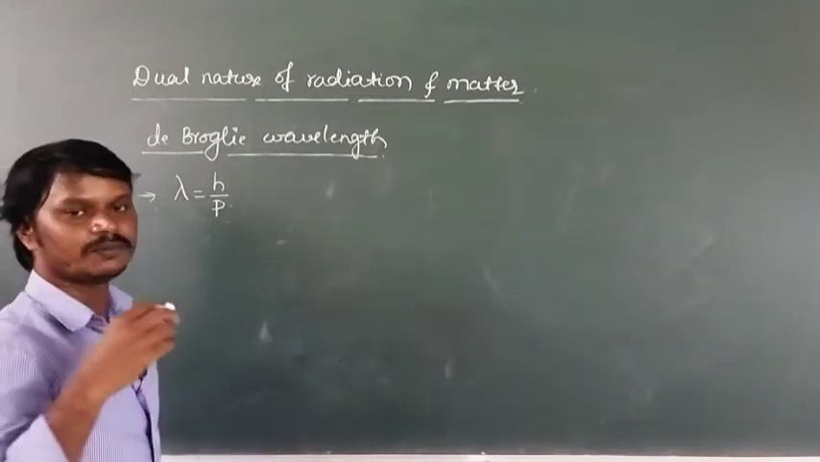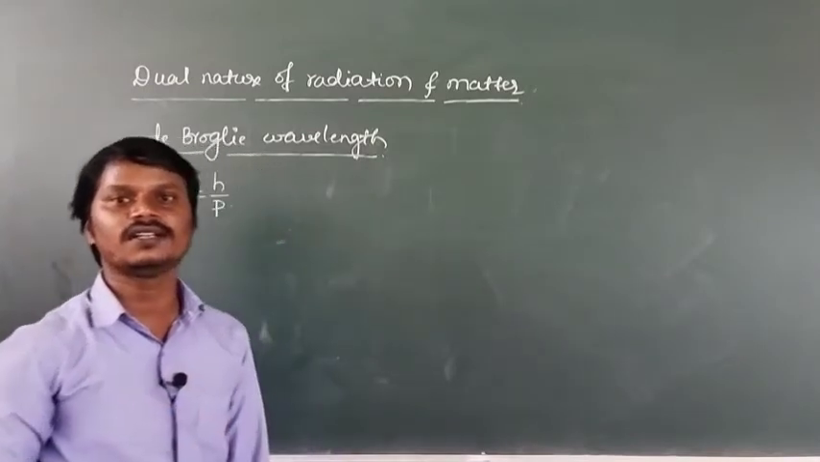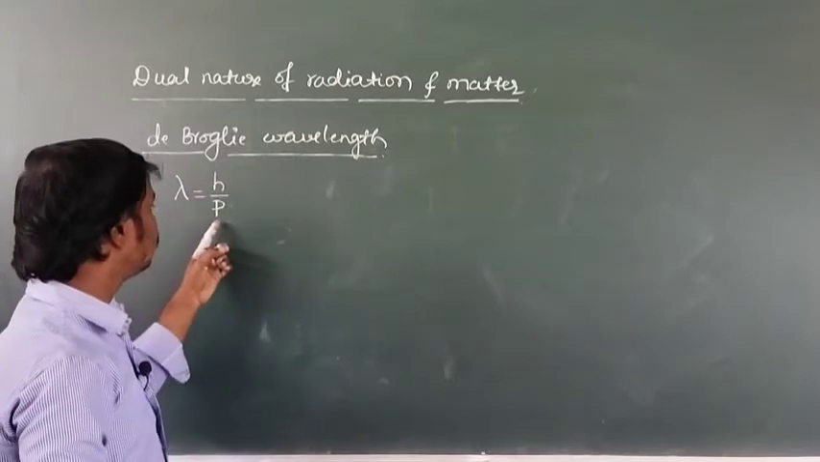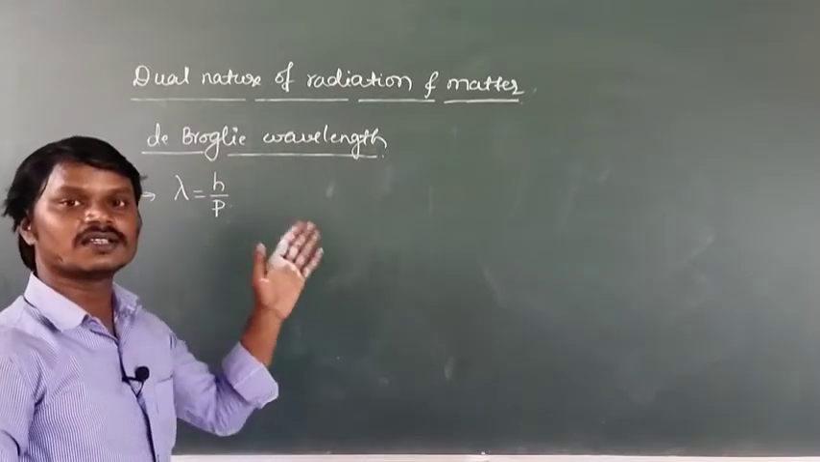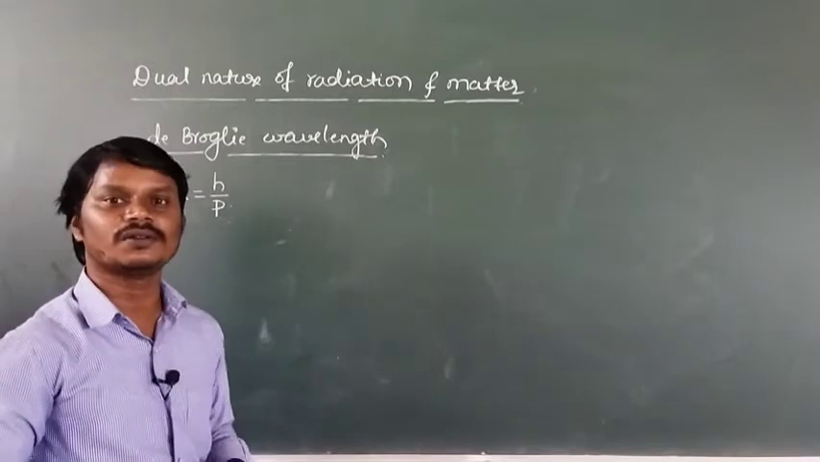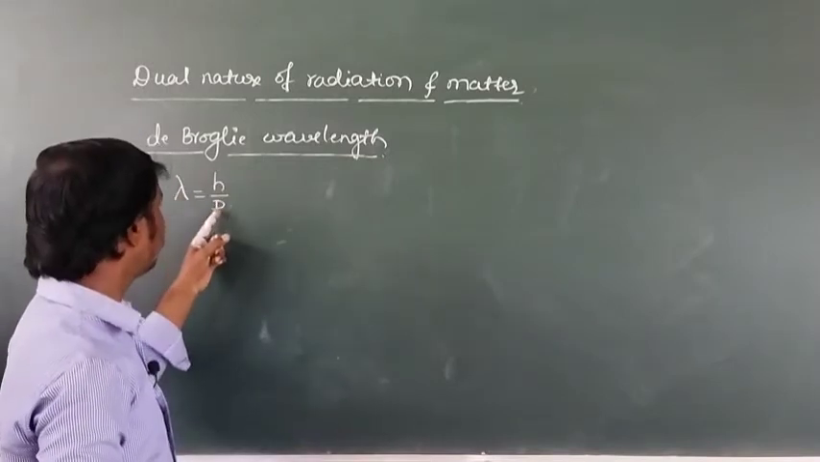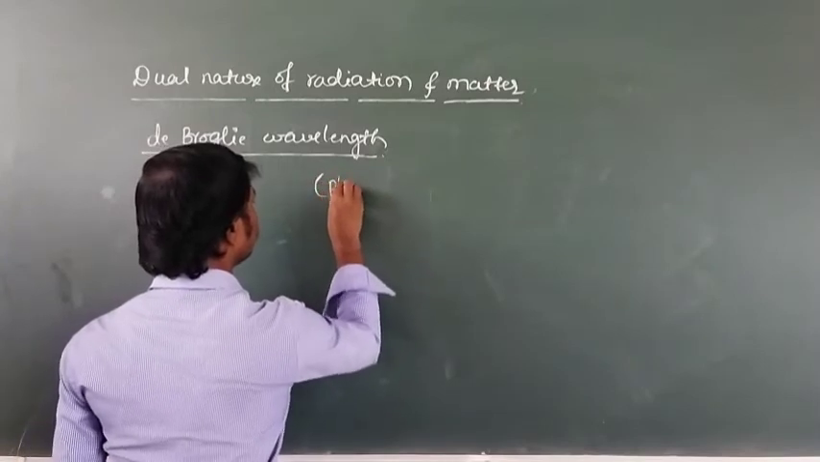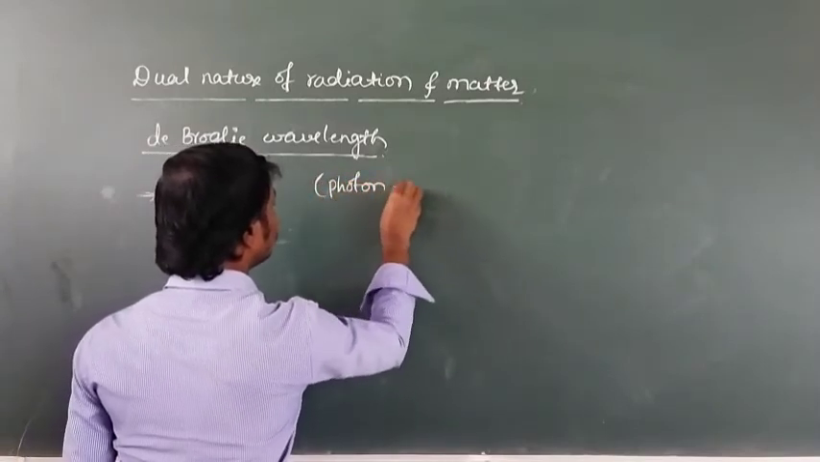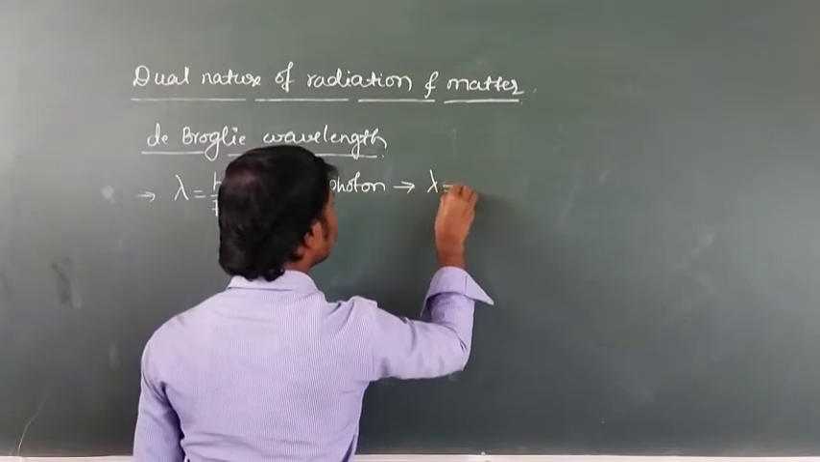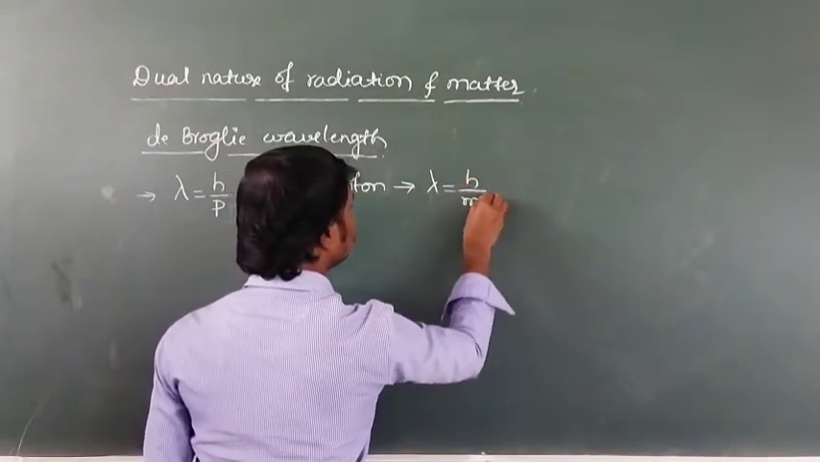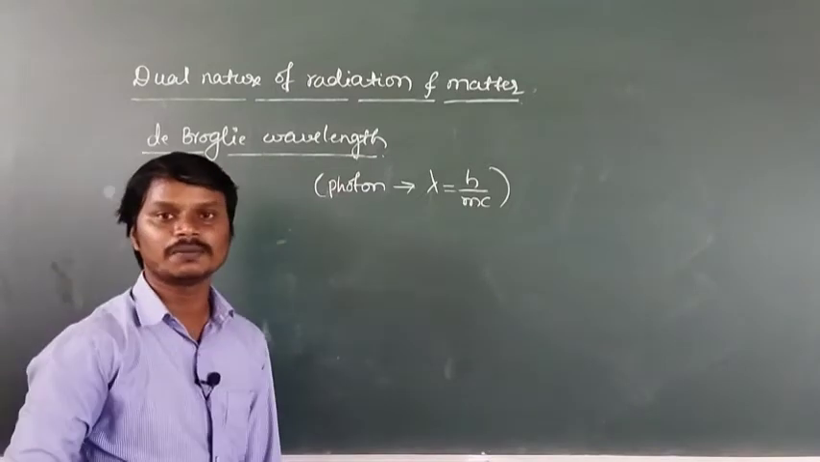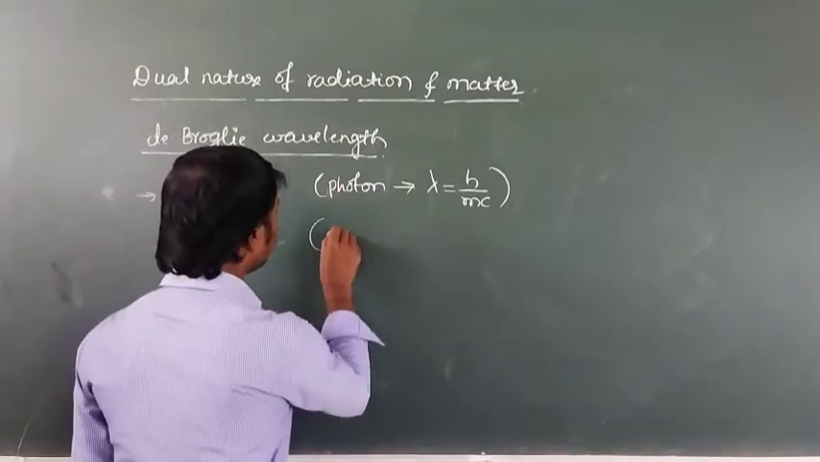Suppose the particle is a photon. Then how to write de Broglie wavelength? That is lambda is equal to h by m into c, where c is the speed of photon, because photon is the particle of light. Or suppose the particle is an electron, then